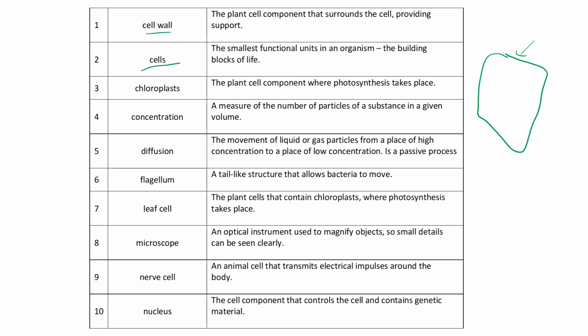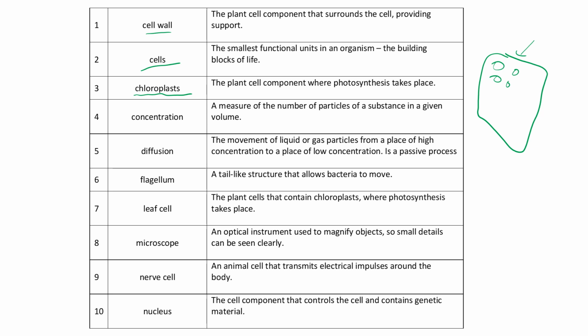Plant cell component where photosynthesis takes place. So within your actual plant cell, and obviously this isn't a fully drawn plant cell, where photosynthesis takes place is chloroplasts. A measure of the number of particles, so that's kind of how many there are, of a substance in